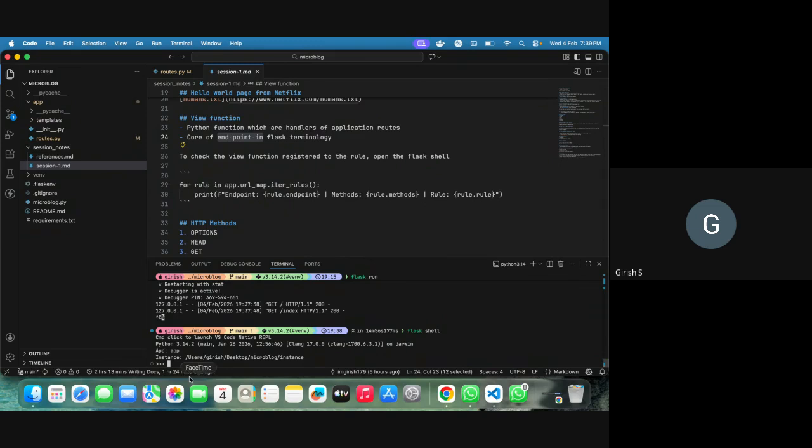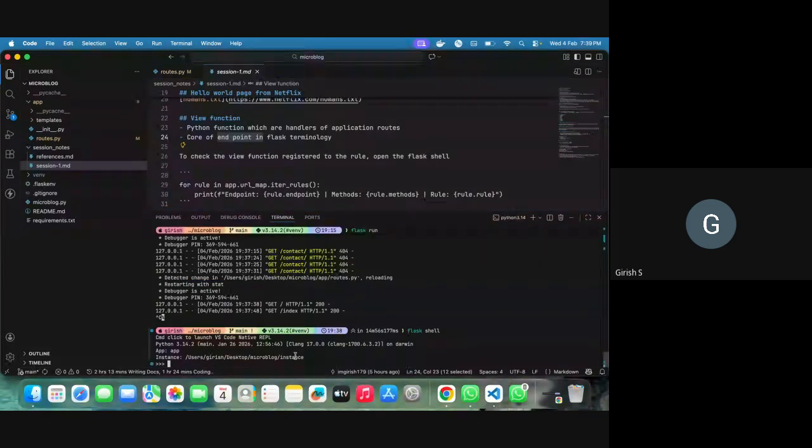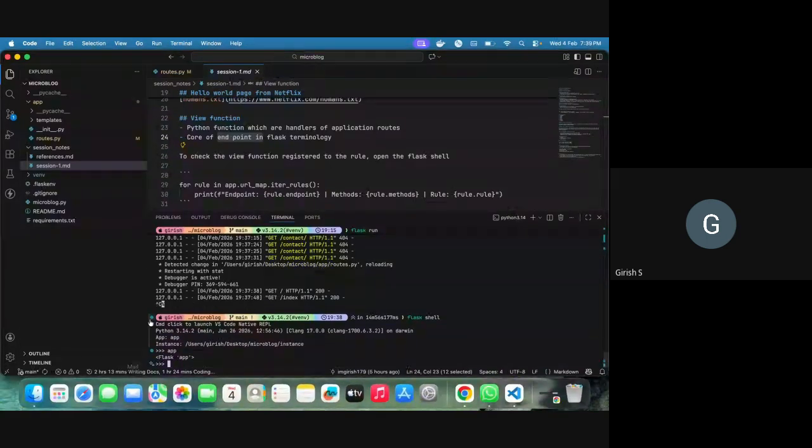This shell has the context of this app. I can give whatever I want here. Like I can just give app. So this is your current app. This is the name of the package. Okay. So if I give this command,